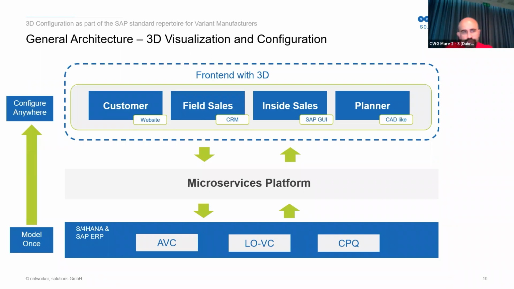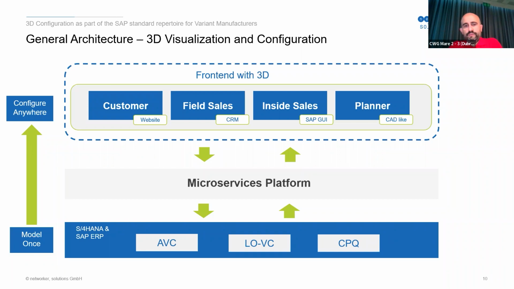So the general architecture, not in detail, but just as an overview for you. You can see on the left side the model, configured once, anywhere. We have as backend systems AVC, S4HANA or SAP ERP with AVC, LOVC, or CPQ as the engines and also the providers for the configuration. And with this microservice platform in between, there just are front ends for us. Front ends we need to use,